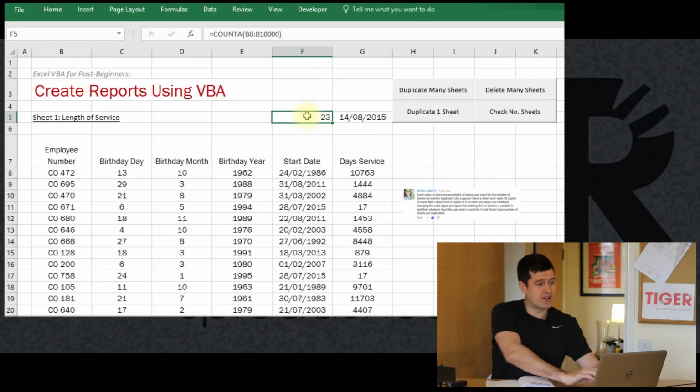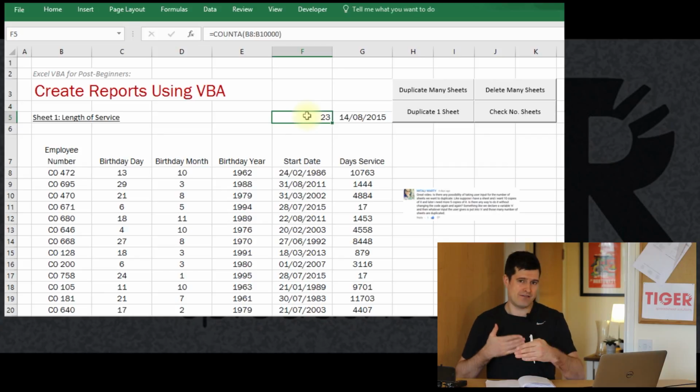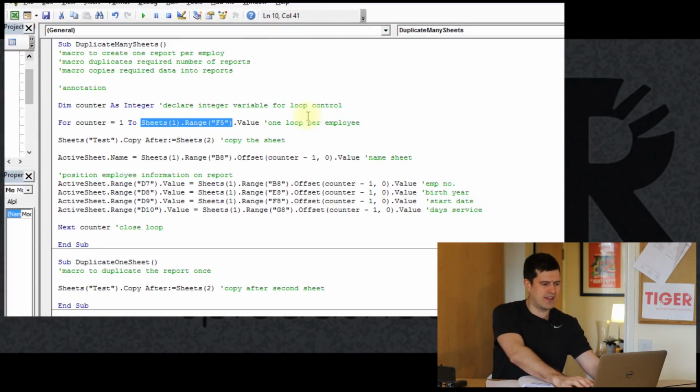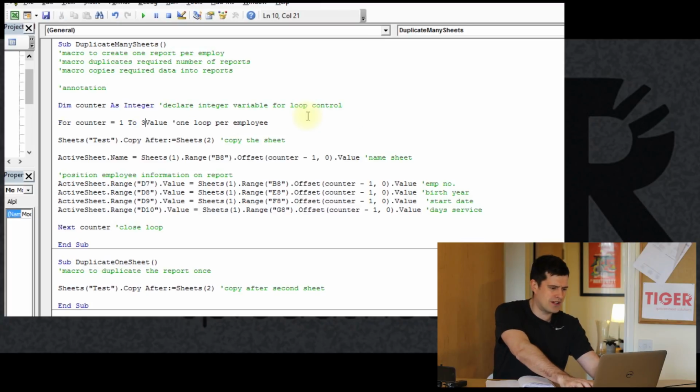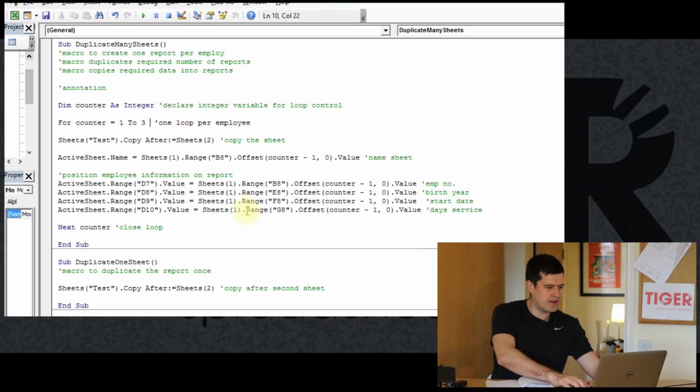Cell F5, we've got a COUNTA formula there. So we've got a formula and VBA code working together to control the number of times we go through the loop. This COUNTA formula is counting the number of lines in the database. So that's a powerful combination there, but let's simplify this first as a starting point, and let's hard code some values here. So for counter equals 1 to 3,